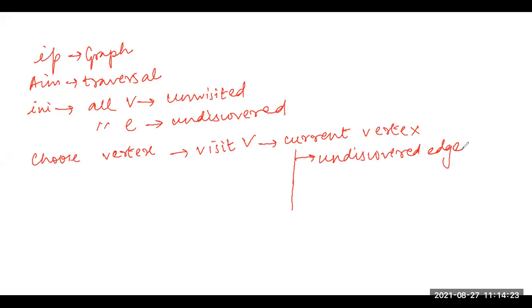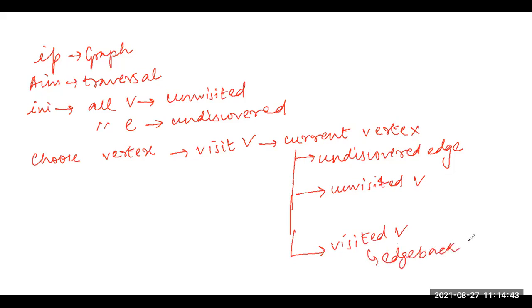Undiscovered edge पहले देखते हैं. फिर उस एज में हम लोग ढूंढते हैं whether it is an unvisited vertex or it is a visited vertex, right? So if it is a visited vertex, we simply उस एज को हम लोग back edge कर देते हैं. And if it is an unvisited vertex, हम लोग क्या करते हैं? पहले उस एज को हम लोग discovered edge करते हैं, फिर उस vertex को visit vertex के symbol में change करते हैं, right? Then we again take that vertex to our current vertex and we apply the same logic.